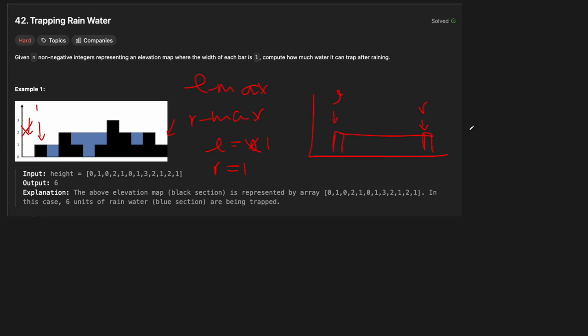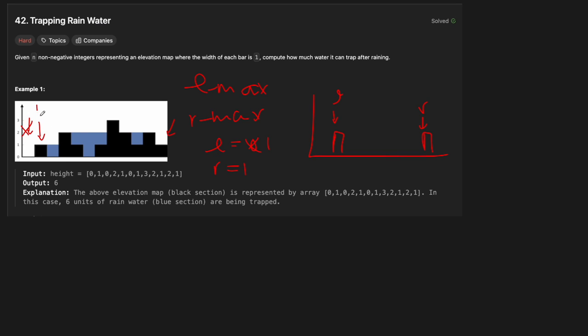Again, assuming there's gaps. If everything was just an obstacle in between, then we couldn't trap anything. But basically, now that we know that we can at least trap 1 square of water when we see a free one, we can trap it. So this is the basis of our problem. We now know that we have bounds which can hold water. And what we want to do is, at the next position that we see that we can actually trap something in, we will. So here we can't trap anything, because these are both